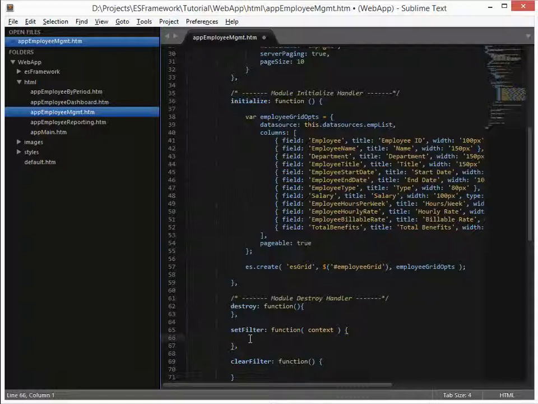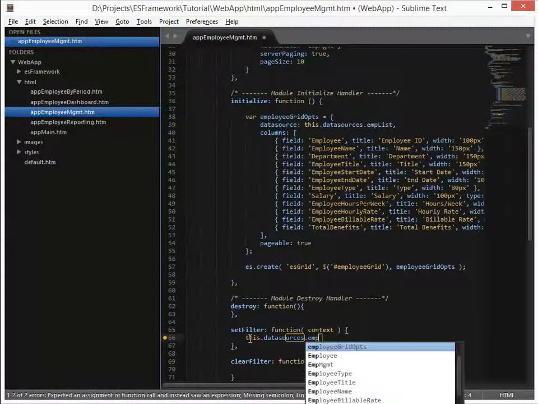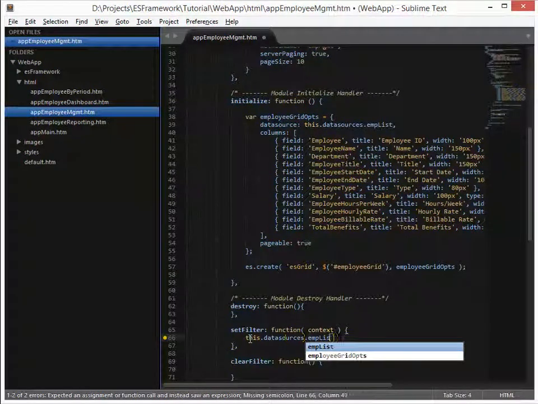Okay, so within the setFilter we want to reduce the number of records that are visible in the grid, and where we actually do that is in the data source, and we do it on the data source so that we don't actually have to query TM1 again for that data and come back with just the records that we want to filter. So we do this through this data sources, and our emp list was the data source